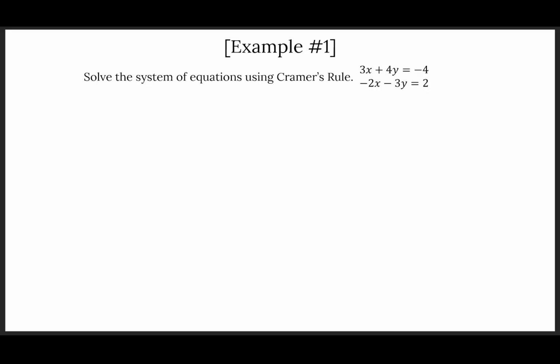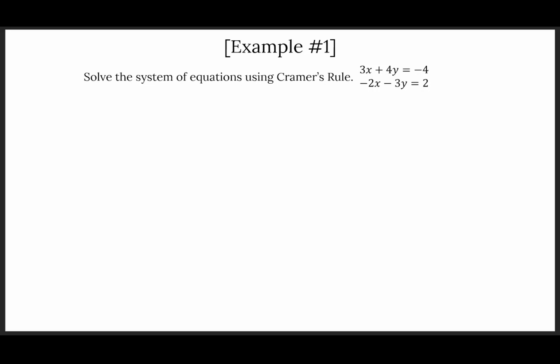Solve the system of equations using Cramer's rule. There's a rule for matrices called Cramer's rule that if we calculate three specific determinants and we divide these determinants in a certain set of pairs, we can calculate the solution to a system of equations like this. So our answer is going to be two numbers, an x and a y value, that would hold true to